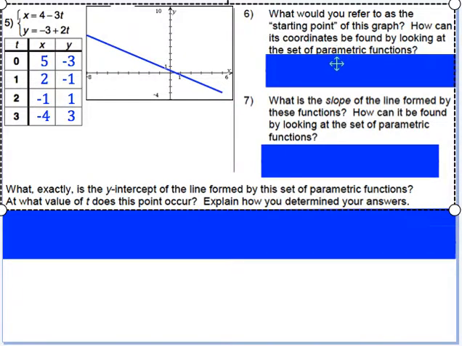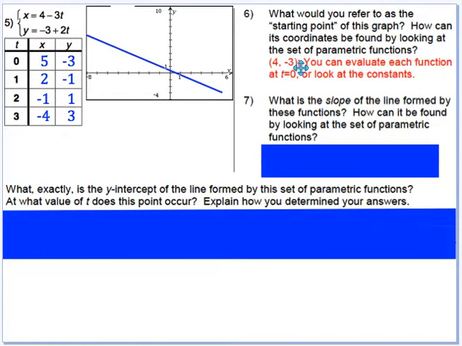What would you refer to as the starting point of the graph? If you notice right here, we have a point where we're starting, and then it increases this way until we don't know where it ends. Well, in this case, our starting point is when t is 0. When t is 0, what are the coordinates? And if you look,